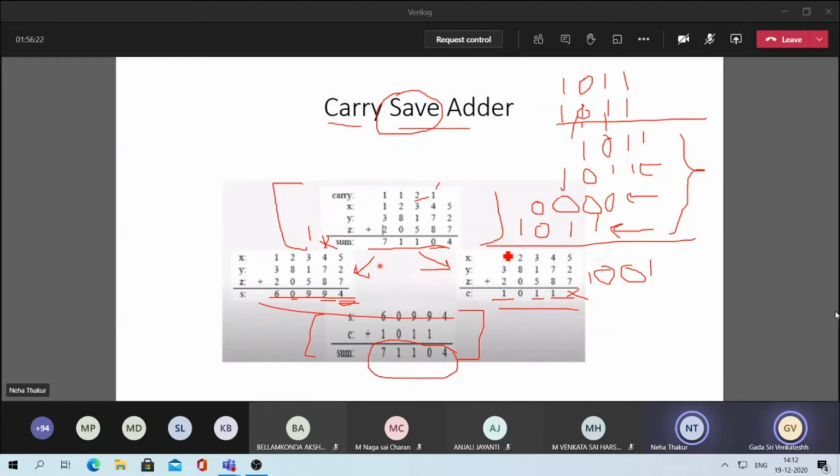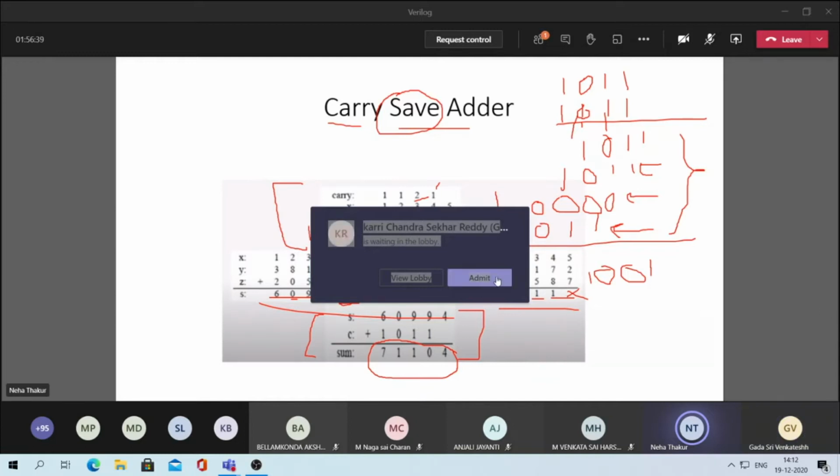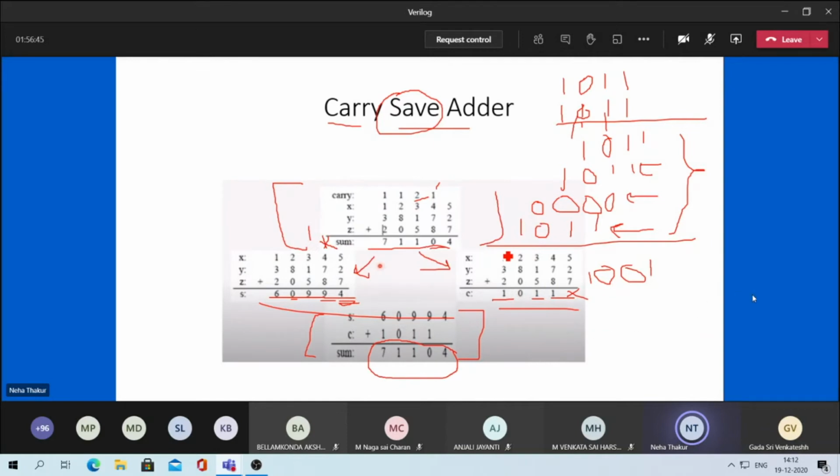See, if you want to add two numbers, suppose you want to add 11 plus 7, obviously it will come to 18 anyhow, isn't it? Either you use a half adder, full adder, ripple carry adder, or carry save adder, it won't be the case that for carry save adder you get 11 plus 7 as 17 and for ripple carry adder you get 20 or 21. It is not possible. The sum for 11 plus 7 will always remain 18.